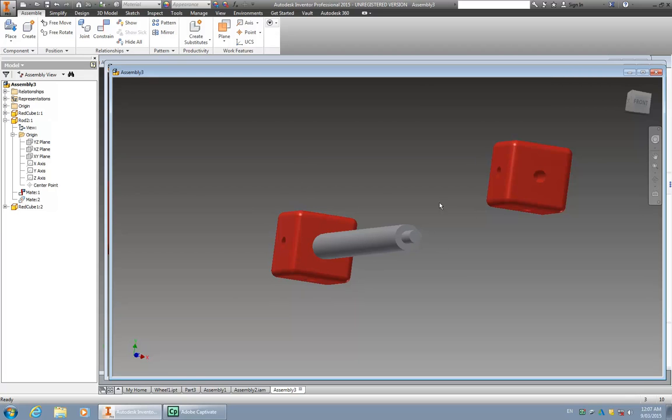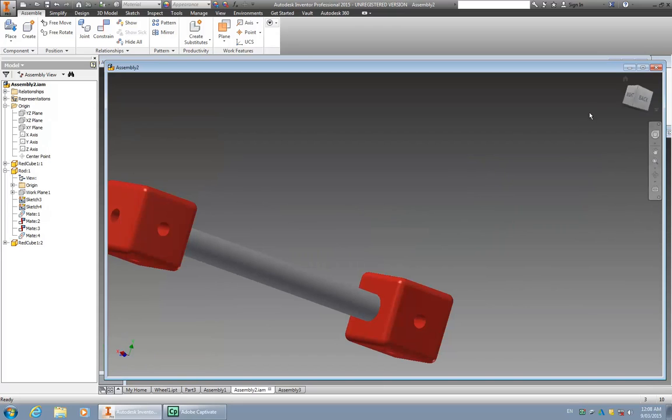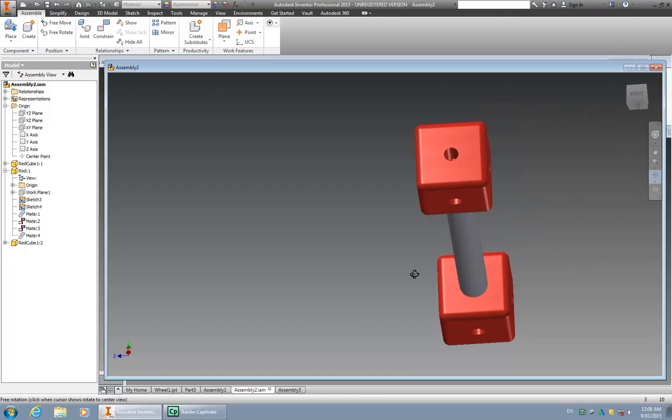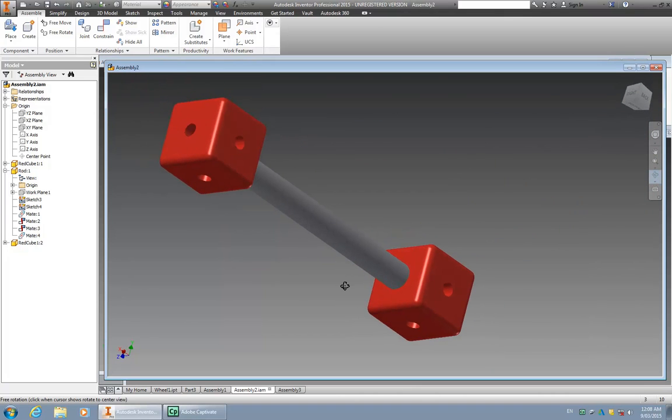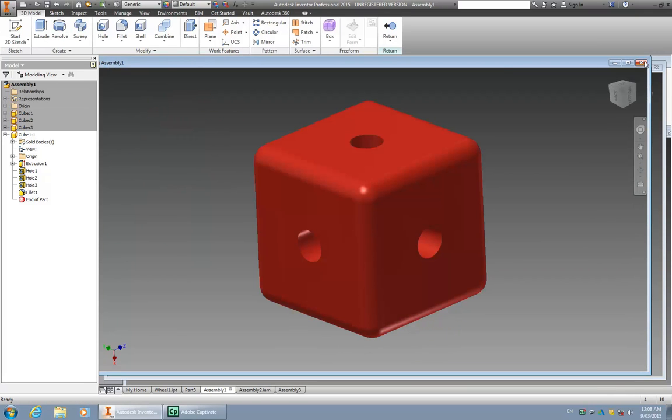Okay, we're going to create an assembly here now and put things together and create some cubes and rods, a little bit like this one over here that I've made. And you can see they're made up of 2 different parts assembled together: 10mm pins fitting inside 10mm holes. Okay, so to do that, let's